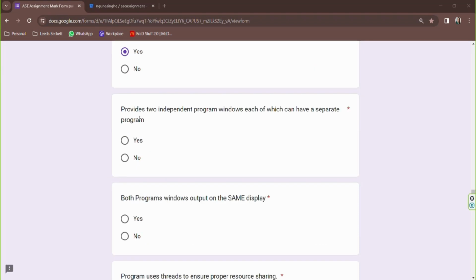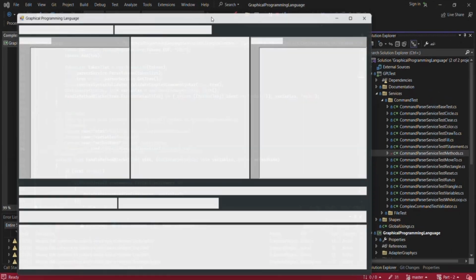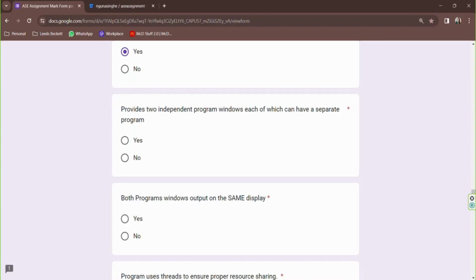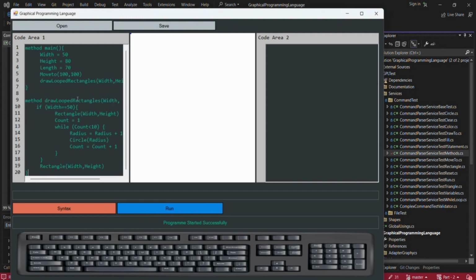So the next case is to provide two independent program windows, each of which can have a separate program. In our case, we have two separate text windows for independent programs, which can run independently. Both programs have their output in the same display. So we'll check it first, and I will try out some code segments in